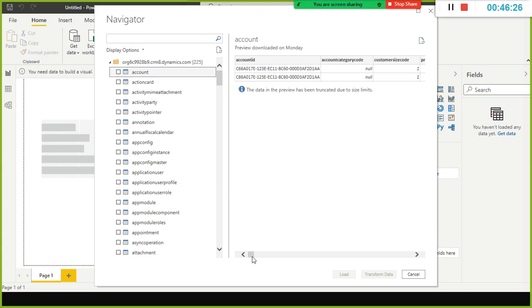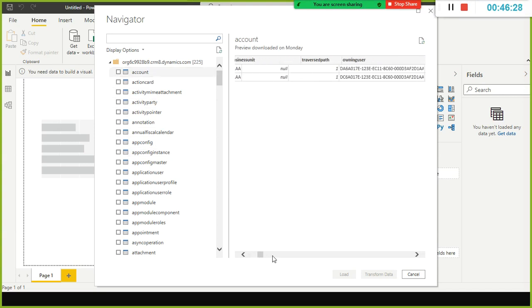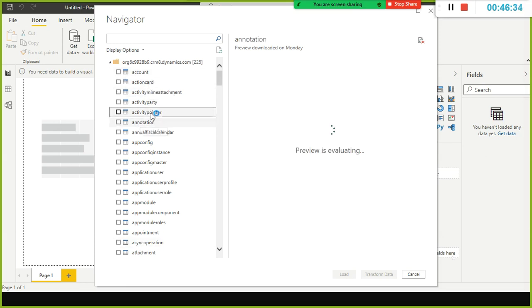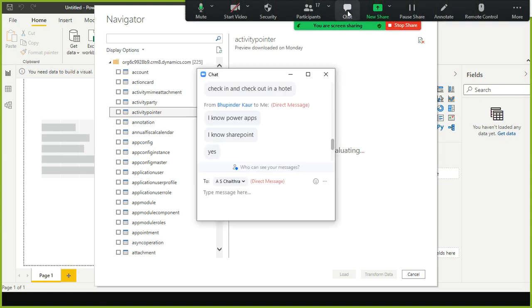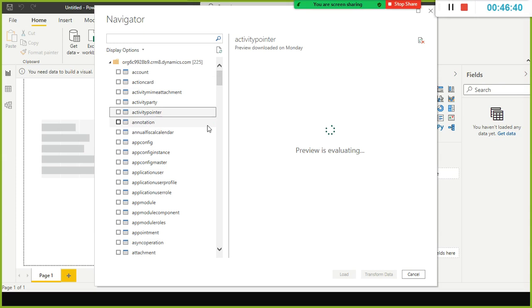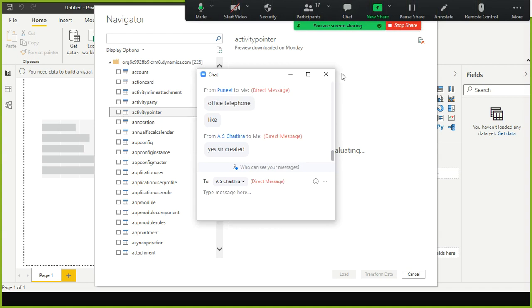So only 2 records are there, and it has so many columns. Better let me take something else. Why don't you suggest something, madam? You worked on Power Apps, right? Which table has fewer columns and more data in it? Any idea? You're into HR, right? You must be doing HR analytics there.